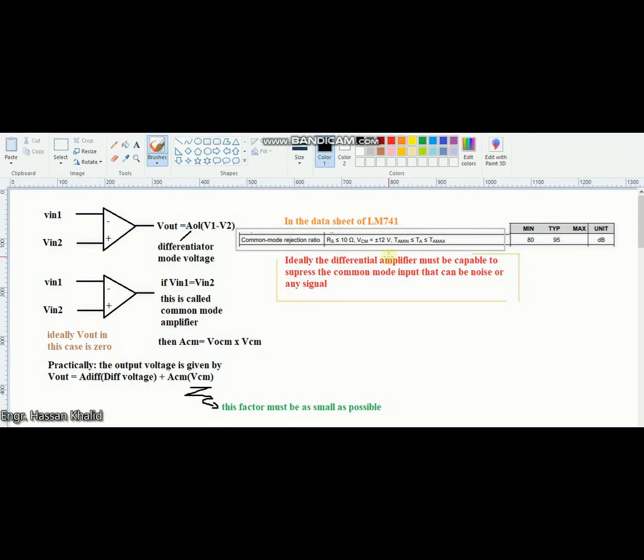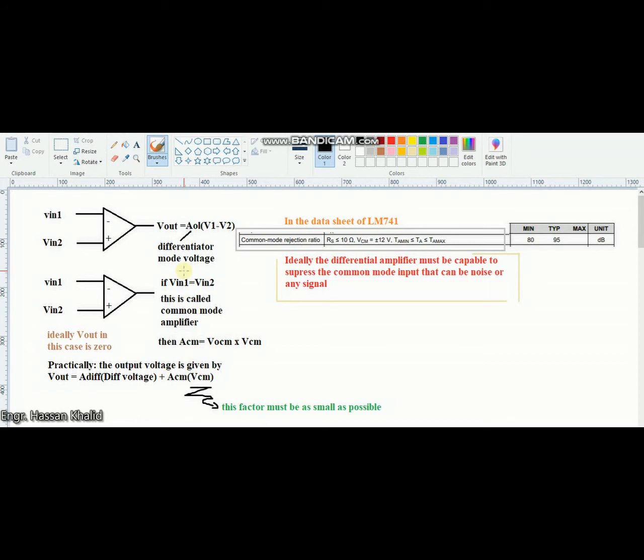Alright, now you might have observed that in the case of the differential amplifier, sometimes the term common mode rejection ratio is used, and for any of these amplifiers such as this LM741, from its data sheet you can easily find this factor is given. The common mode rejection ratio for this RS should be less than 10 kilo-ohm, and VCM, which is the common mode voltage, should be applied between plus minus 12 volt, and the gain of this common mode rejection for this type of amplifier is minimum 80 dB, and typically it's 95 dB. So